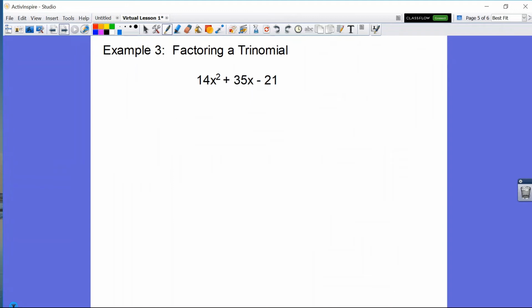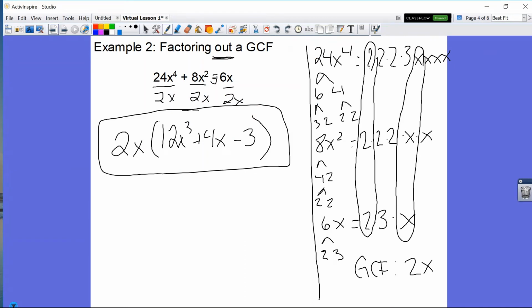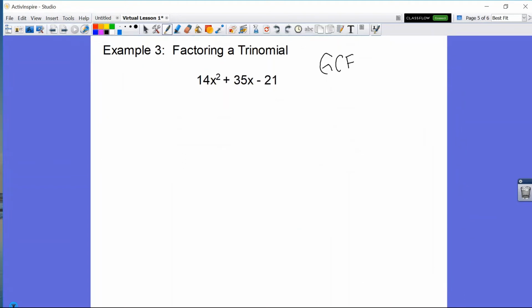Example 3, factoring a trinomial. So this is where we did the full shebang. We factored out a GCF, we used our diamond, and we ended up with a final answer that usually was like 2 binomials multiplied together with a GCF on the outside. So our first step when we factor a trinomial is we want to look for our greatest common factor. So you could do the side work just like I did back in example 2. So we could have all of this work shown. But for this one, I'm going to skip over that because we talked about it last time